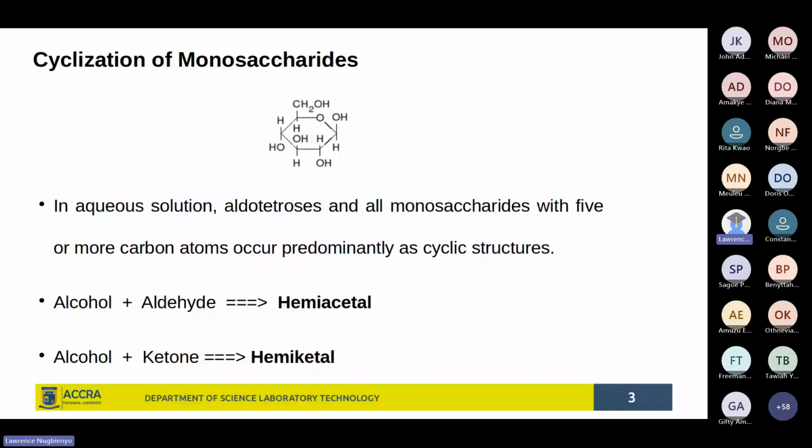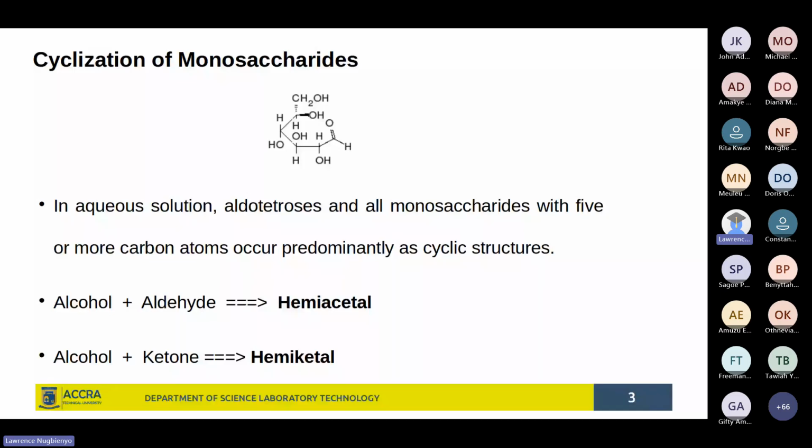So far, we've been looking at straight chain structures of the monosaccharides, but in aqueous solution, the aldoses that have 4 carbons and more, and all other monosaccharides having 5 or more carbons in them,